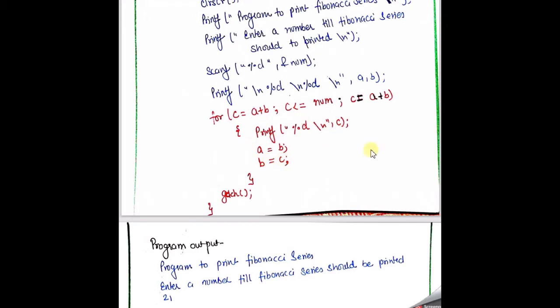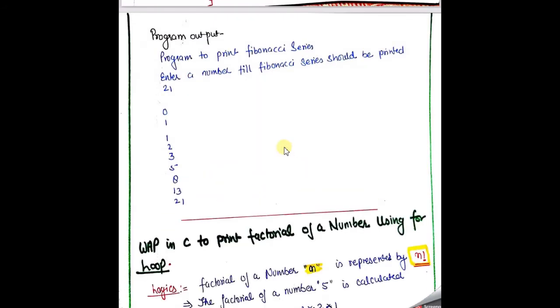And after getting this I am again going to update our value of C equal to A plus B, and again if our new value of C, A plus B, is less than the condition, then we need to print that value, and again we assign the B value to A and the C value to B, and again perform the addition of A plus B, that means the last two previous numbers, store it into C and check it against the limit, and perform this operation in a loop until your condition is contradicted, and so on. Here our user enters the limit 21.